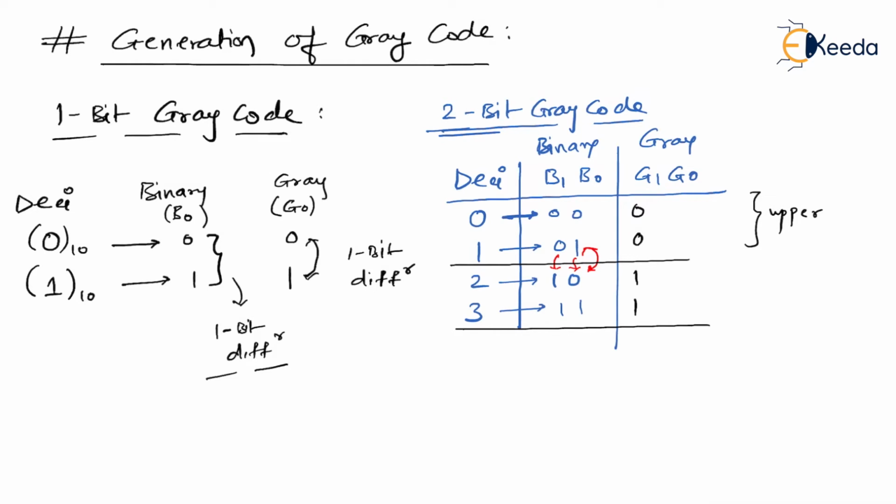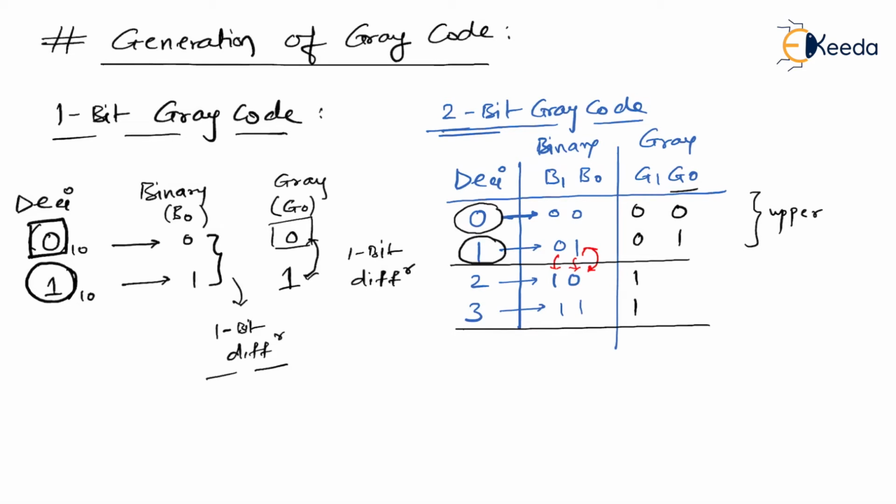That's it. Next, now I'm talking about 0. Now look at 0. What is the representation of 0 to the base 10 in gray code? When it comes to 1 bit, it is 0. What is the representation for 1? It is nothing but 1 in gray code. So I'm writing that 1 over here. I hope you understood that.